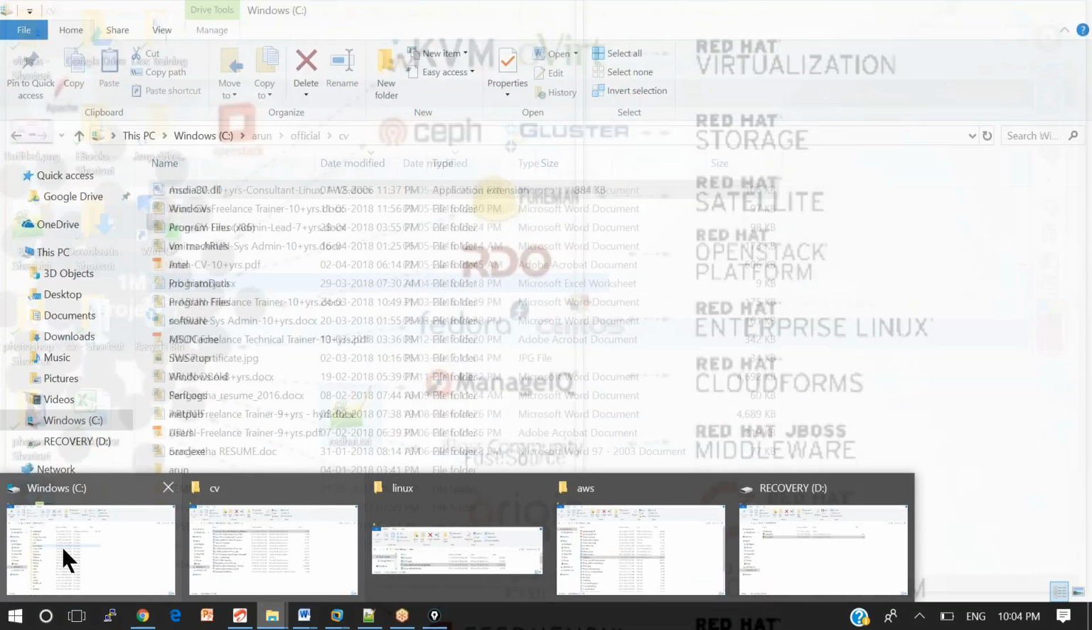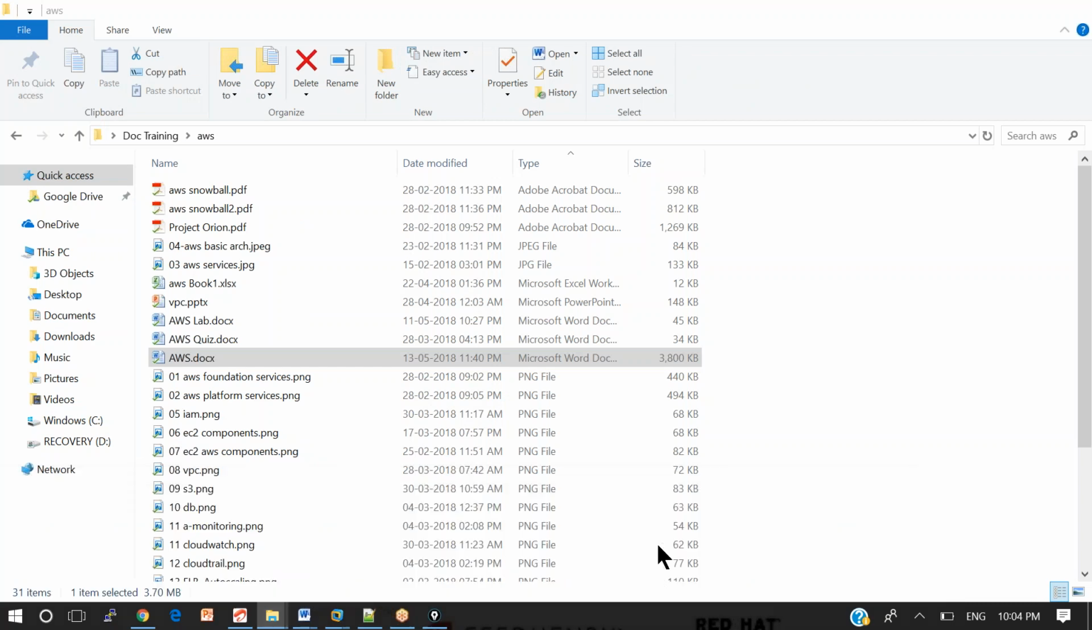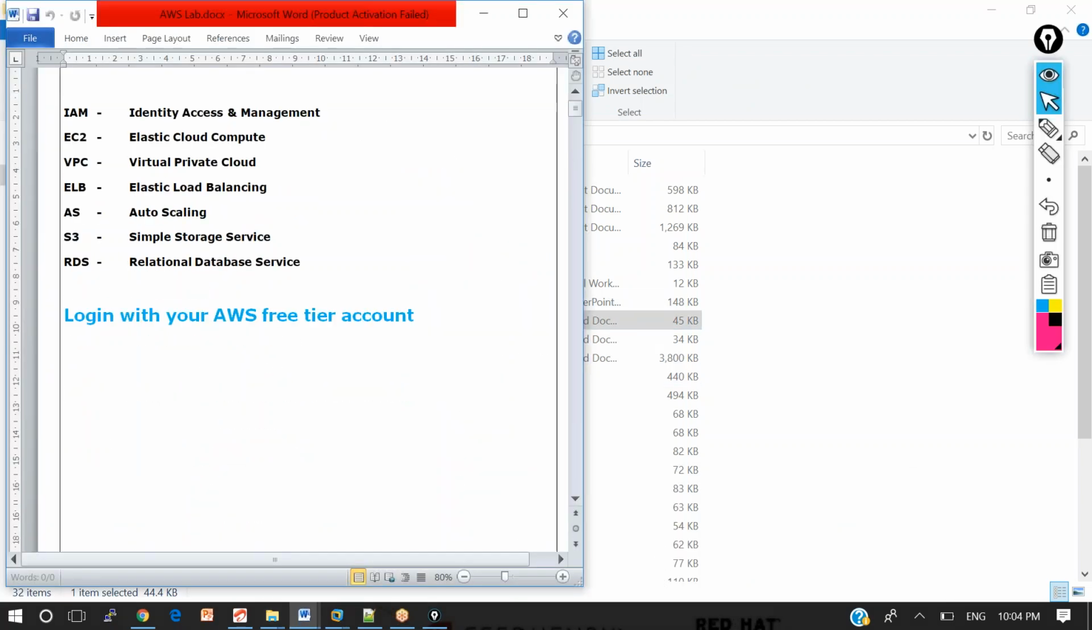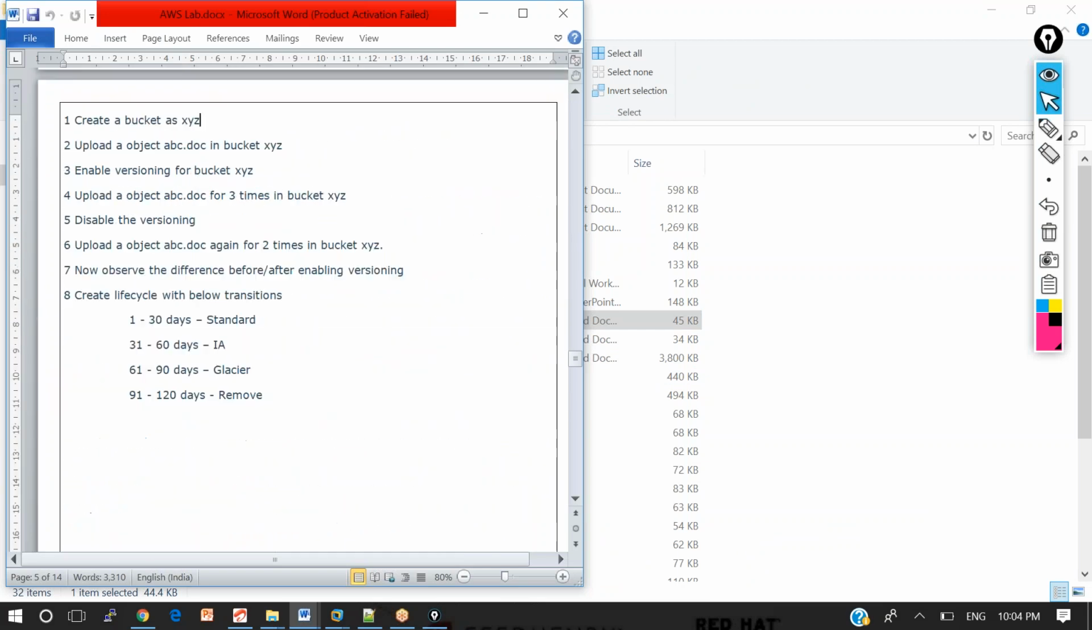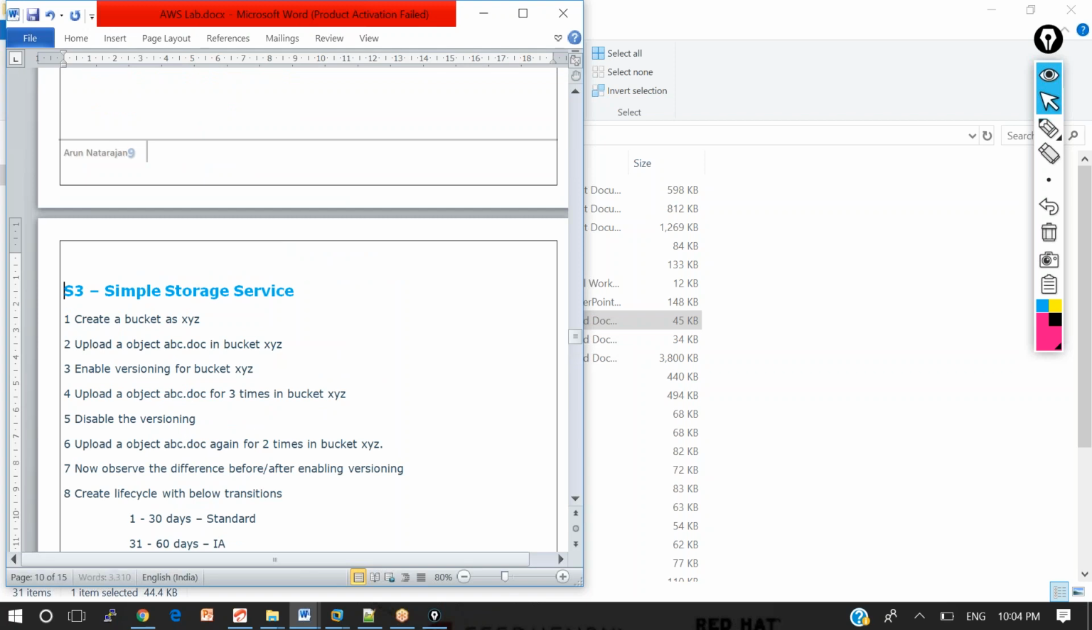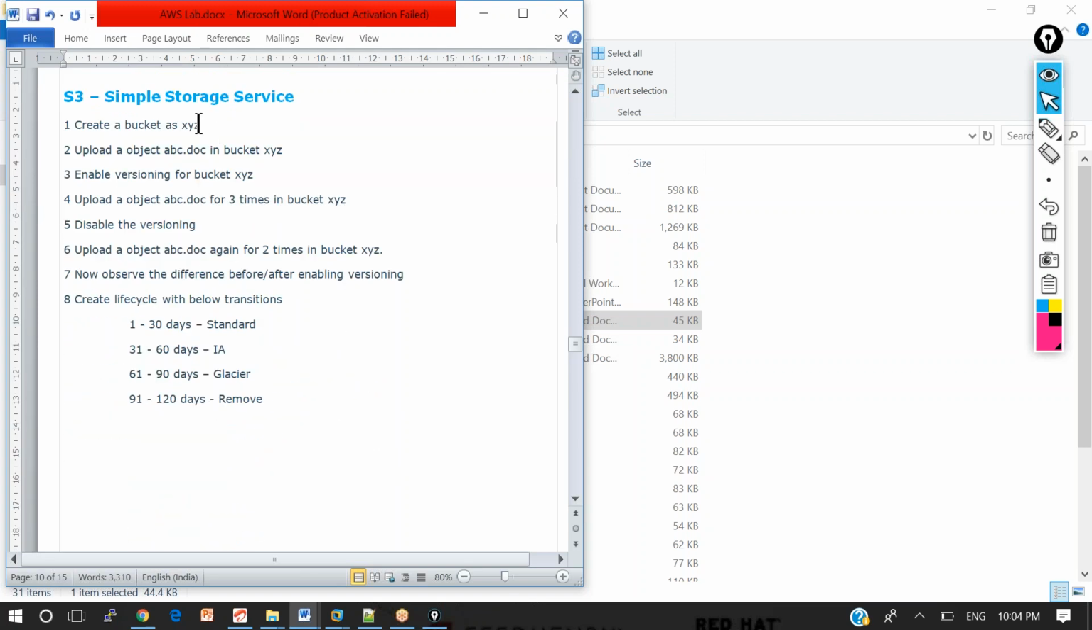Now, in the lab part, can you guys start creating a bucket called XYZ? You cannot create a bucket called XYZ, so you need to create it with a different name, according to your name, which is not duplicated within your region. And upload any document. Here I am making it